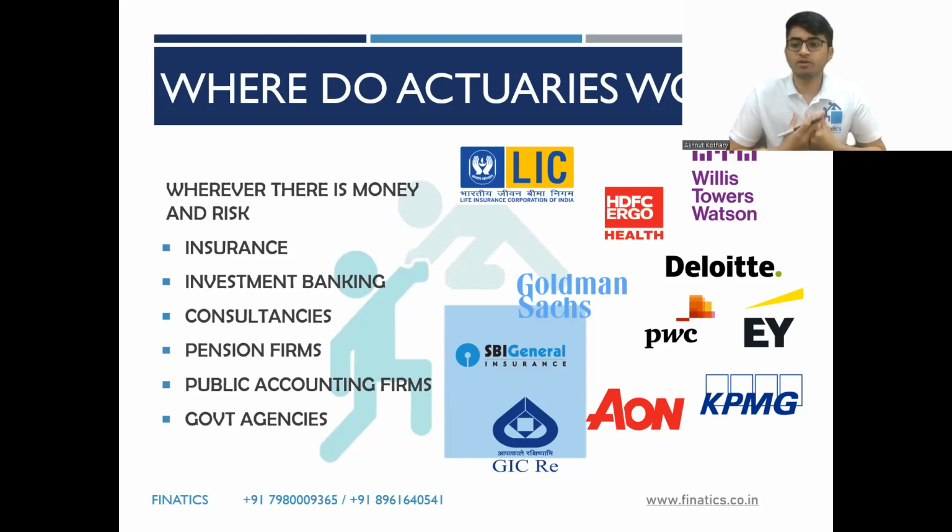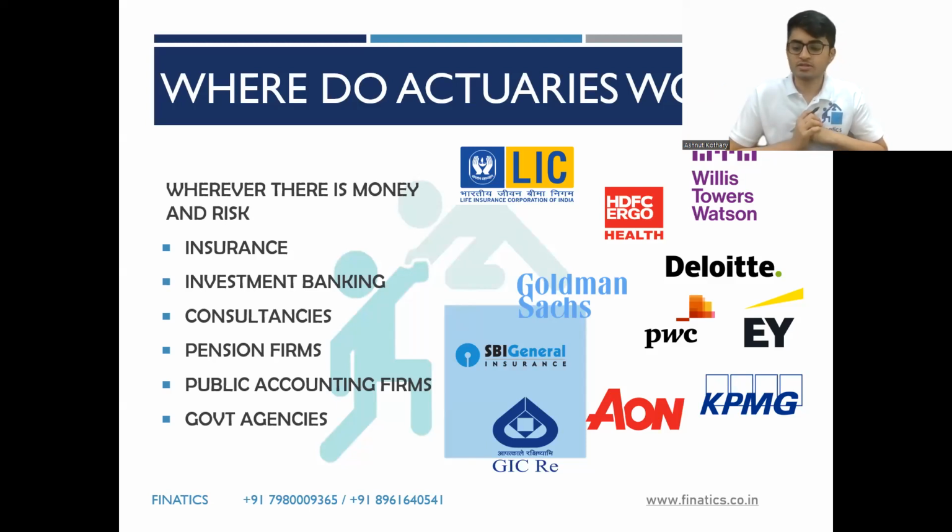But the point is that whatever knowledge you gain from preparing for actuarial science, you can probably apply it in any industry. Once you have specific knowledge regarding an industry, be it the telecom sector, energy sector, insurance sector, healthcare, or education, you might be able to contribute meaningfully through your actuarial knowledge. So these are the typical broad-based industries where actuaries tend to work. Apart from that, there are a lot of other ways, like having your own startup in education, where you are a professor or a private tutor. These are also possibly places where actuaries might work.